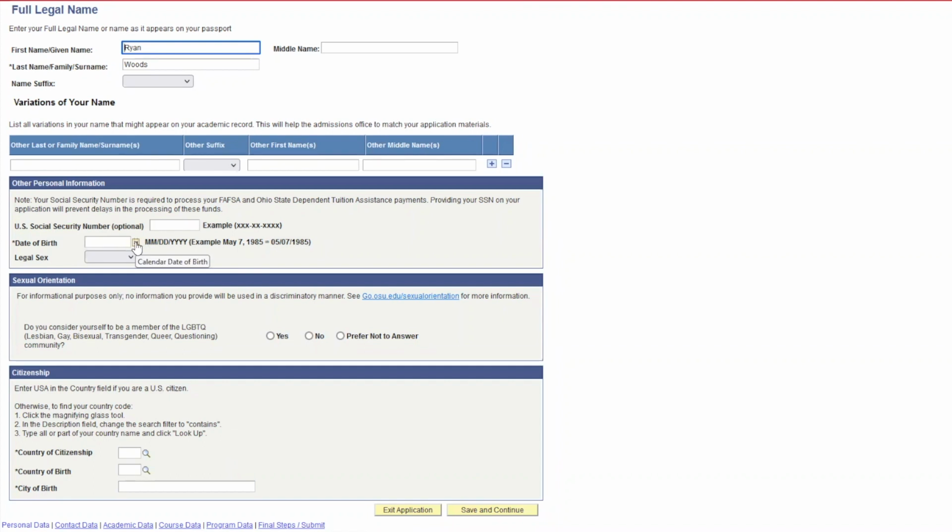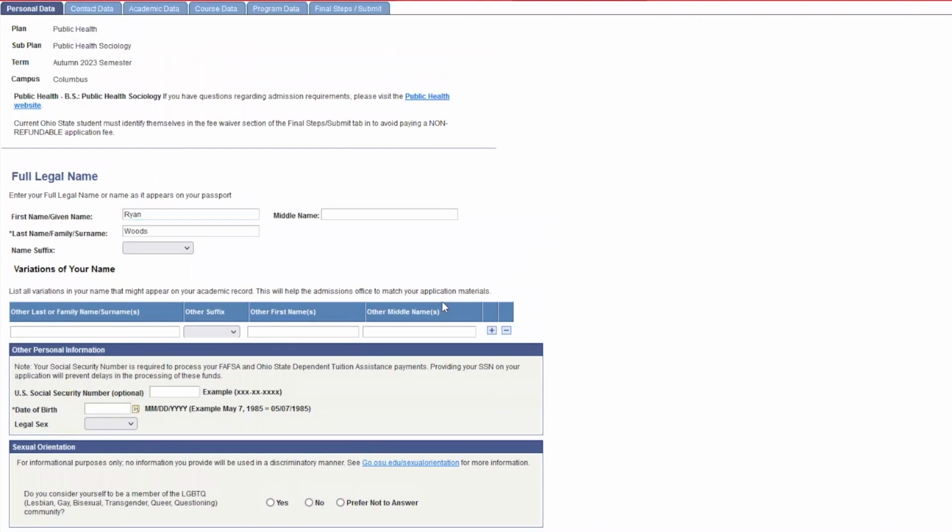And this application is very specific. For example, here for date of birth, I could not put in the month and spell out the word. You would need to put it as the number. So we help you out along the way, but if you get to the end of the application and something is not in the correct format, you are going to get an error. And if you do get an error, it will take you back to the tab where you had the error, so you can navigate to that section and fix it if need be.